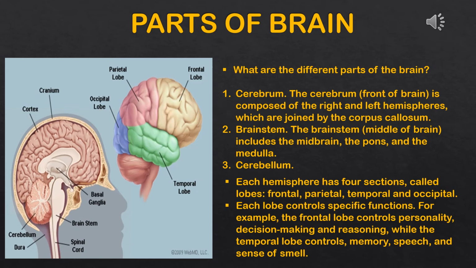Now see the diagram. Parietal, occipital, temporal, frontal. 4 different lobes are there, and this is called the cerebrum portion. Now see another diagram. Here cranium is there, that means the covering, cortex, and the white portion, basal ganglia portion, that white portion around this, that is medulla. Brainstem, spinal cord starts, cerebellum portion, the lower portion, and dura. Everything has been cleared, hope so. Try to draw the second diagram just diagrammatically. Labelled diagram we will draw with caption.